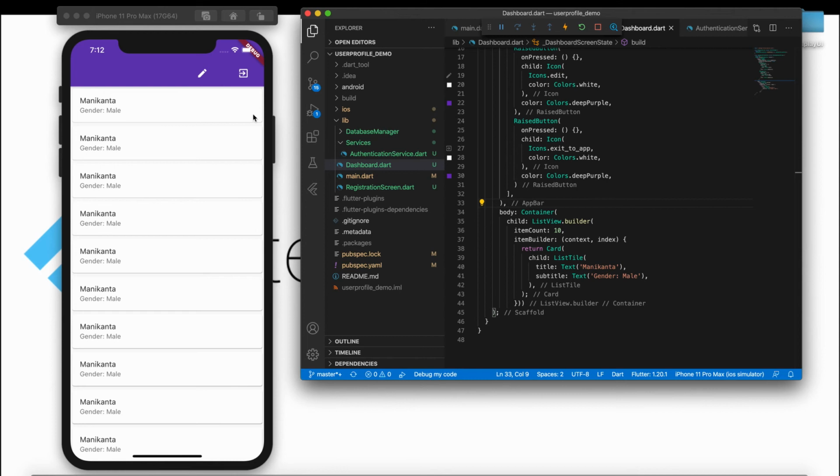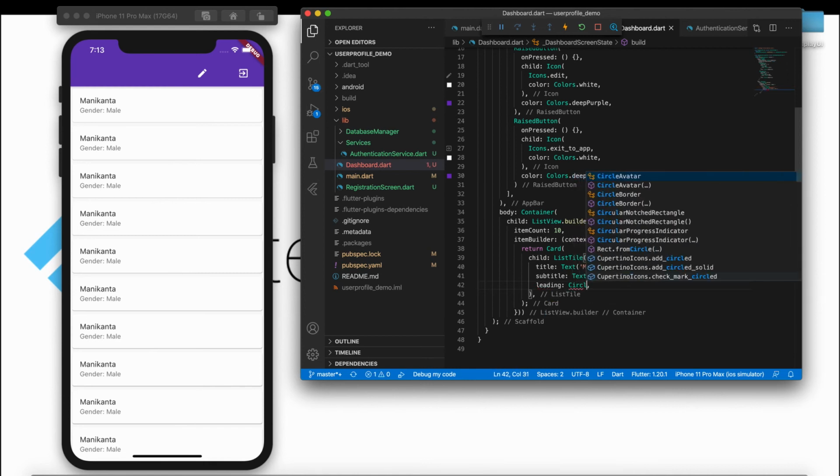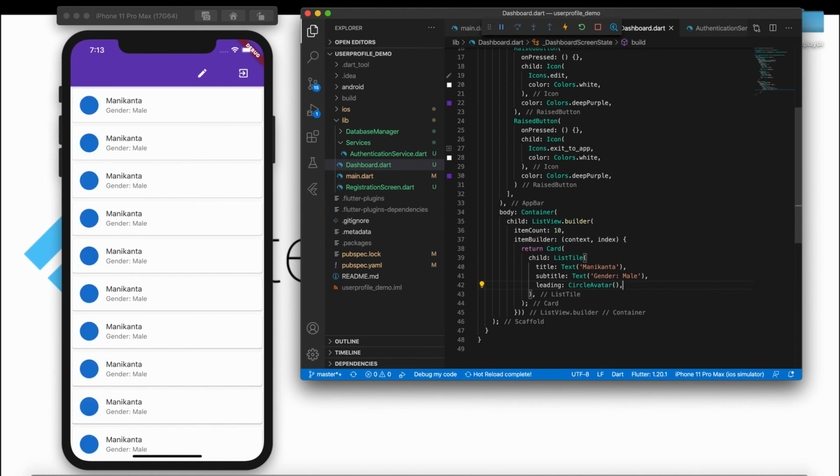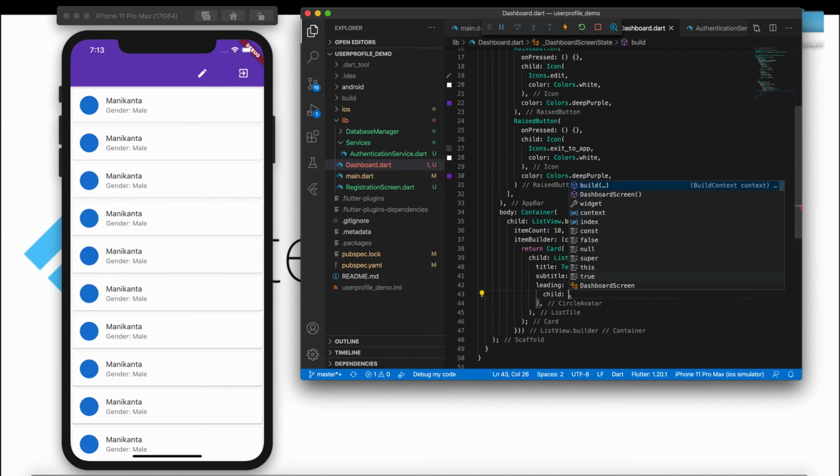To do the score text, go inside your list view card, and after the subtitle, I just want to create a circle avatar here. So I have created a circle avatar, and inside the circle avatar there is a child, which is an image.